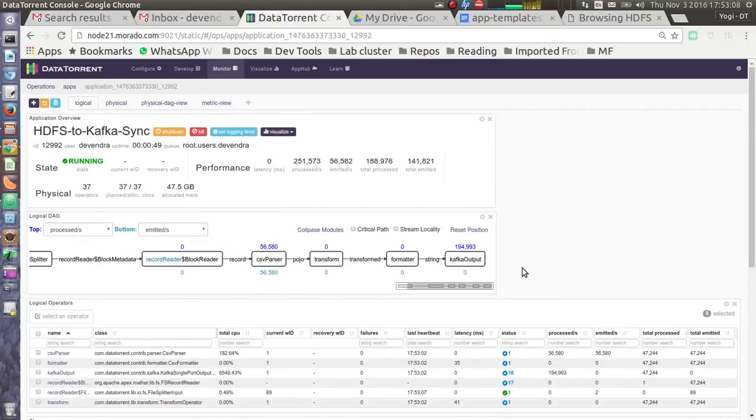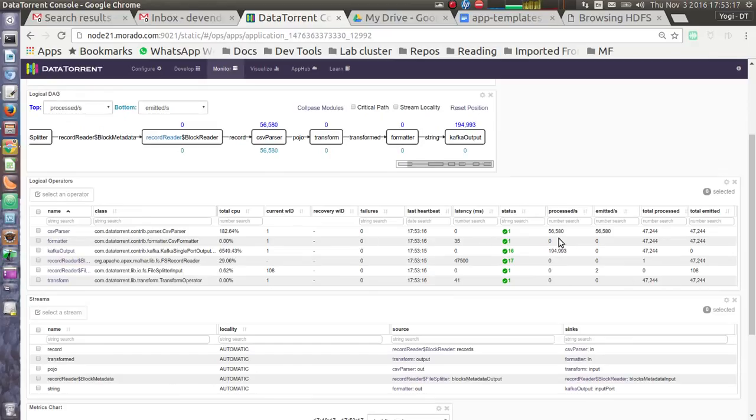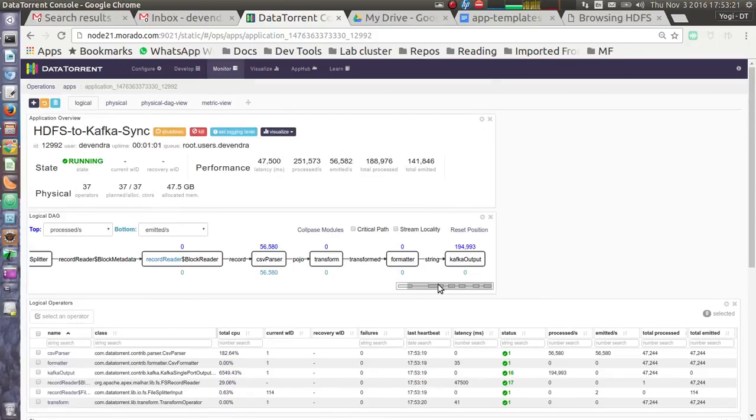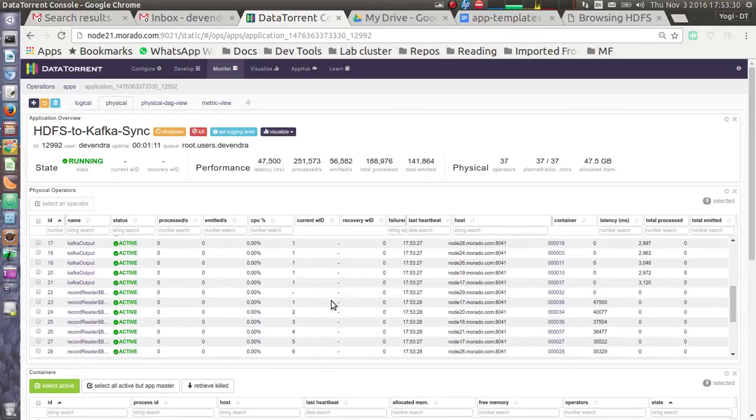And then we have Kafka output operator, which is writing to Kafka. So we can see the records are getting processed and getting written out to Kafka. If we go to physical tab, we can see the metrics for each of the physical containers.